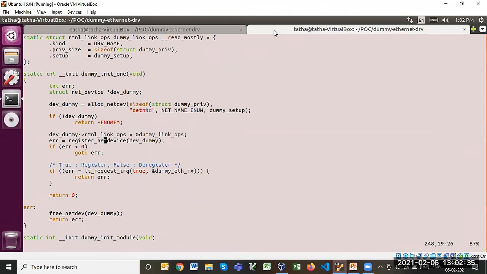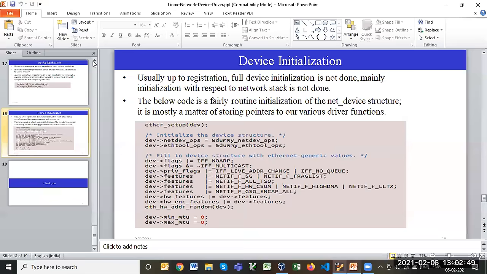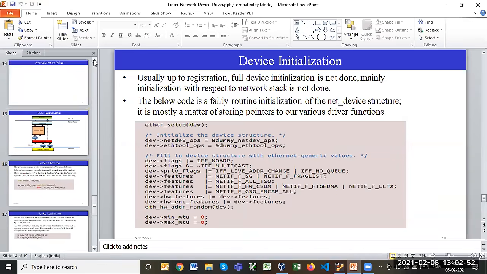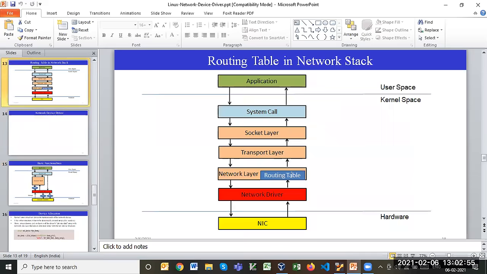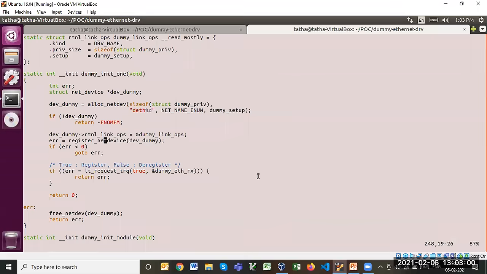So that routing table is not lying in the registered network stack, right? Routing table is in the network stack, in the IP layer, right? That is what I have shared with you. It is in the network layer, the IP layer. Okay. So when we register this device in the network stack, the routing table entries will be updated, the DETH0 device is added. That is only being done when you are assigning the IP address.